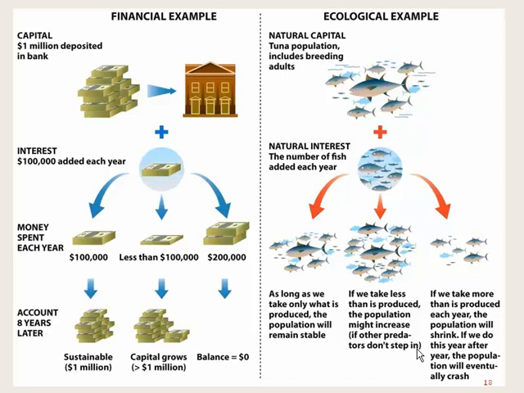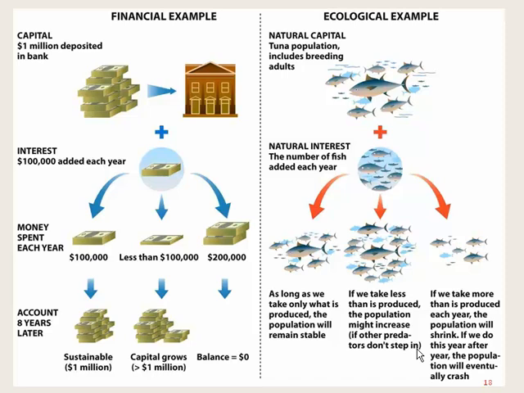Now, to translate that into an ecological ecosystem example, the textbook provides you with the case where, suppose you have tuna or any other large ocean-going fish. That population of fish, all of the tuna in that population, is the natural capital. And they're breeding, and they're within their ability to add to their numbers each year. So the natural interest would be the cumulative birth rate that we talked about in the population lecture, and you would have population growth.